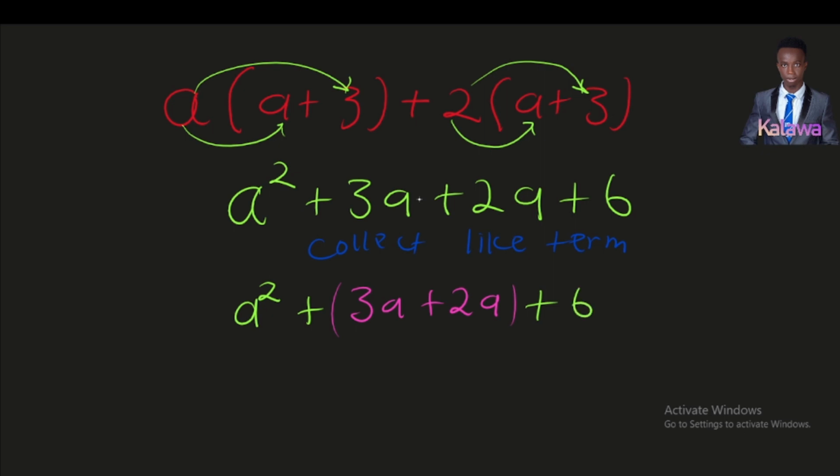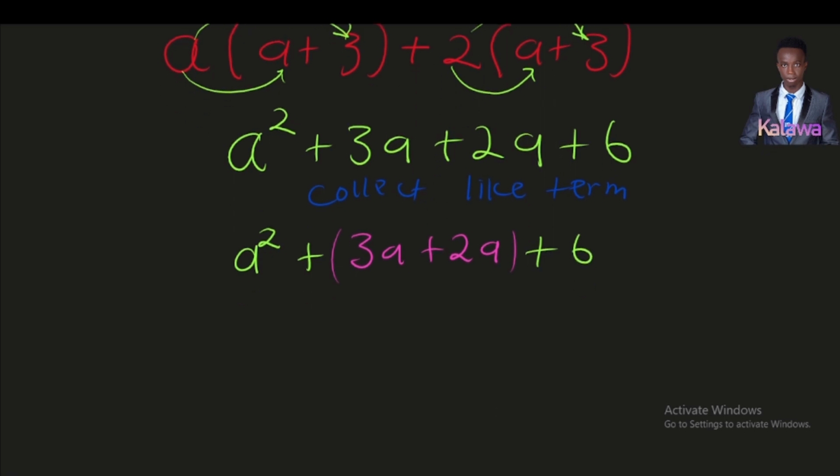So what do we do now? We add the like terms, if we are to add or to multiply or to divide. But in this case, we have to add. So we add the like terms. So this remains a squared plus 3a plus 2a. Remember, we have dealt with that. The coefficient of this a is 3 and the coefficient of this is 2. So we add the two coefficients and take one of the variable, that is one of the letter. So 3a plus 2a, that is 3 plus 2, this gives us 5. And we take one of the letters, which is a,